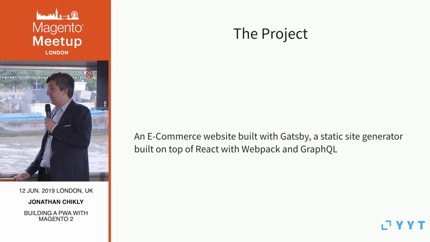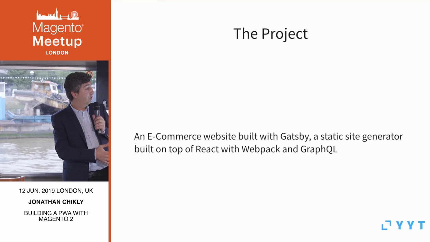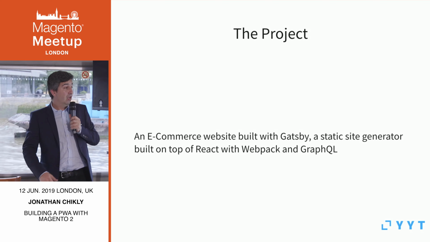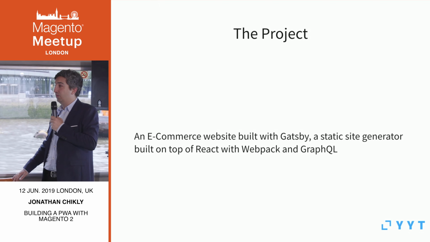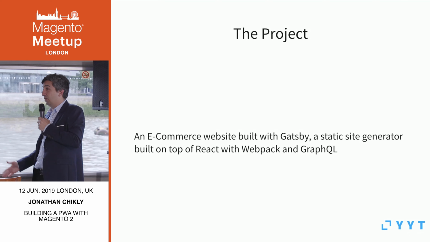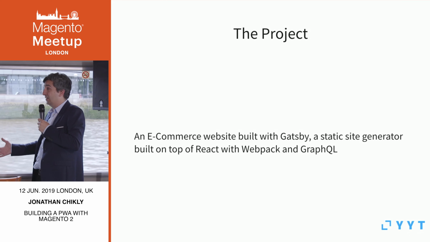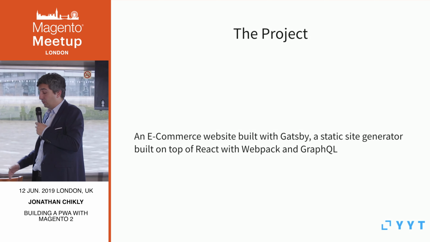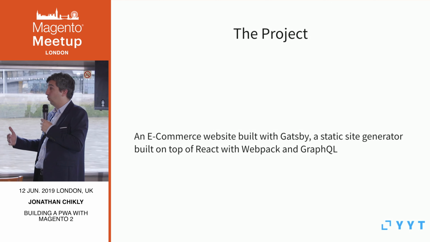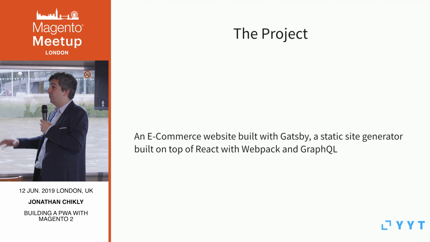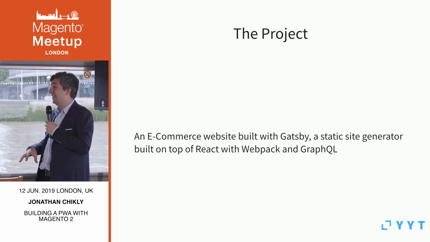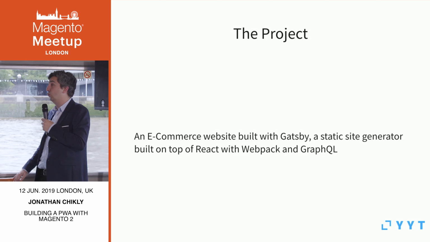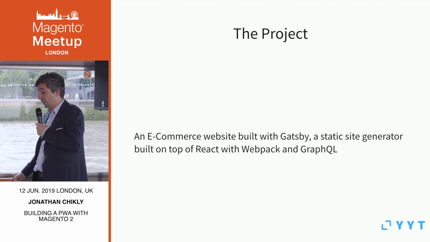So this is what we came up with. I'll show you at the very end a demo of the current state of the project that we're working on. Basically it's an e-commerce website built with Gatsby. It's a static site generator that we used to build content websites, and it was amazing in terms of development speed and performance. So we really enjoyed working with it, and we thought, why not do a PWA with Magento 2, especially since a lot of the components included by Gatsby are in common with the components suggested by Magento PWA Studio, or used by ViewStorefront.